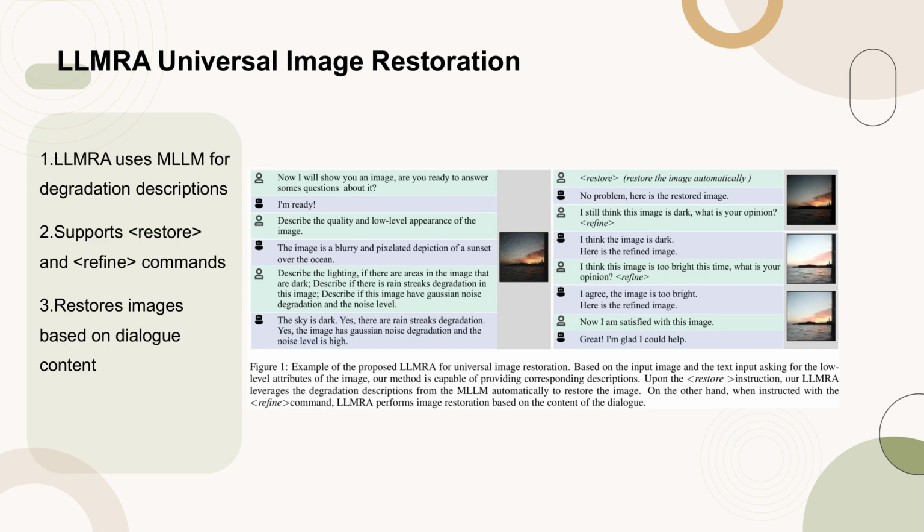Figure 1 illustrates the operation of the proposed LLMRA for universal image restoration. The system takes an input image and a text query requesting low-level attributes of the image, generating corresponding descriptions. When given the restore command, LLMRA automatically uses degradation descriptions from the MLLM to restore the image. Alternatively, with the refine command, LLMRA adjusts the image restoration process based on the dialogue content, allowing for iterative refinements